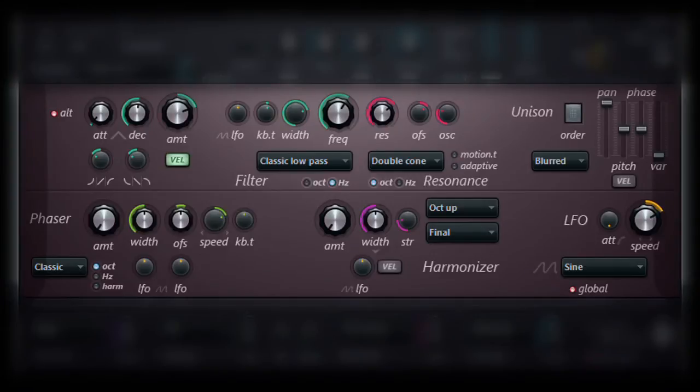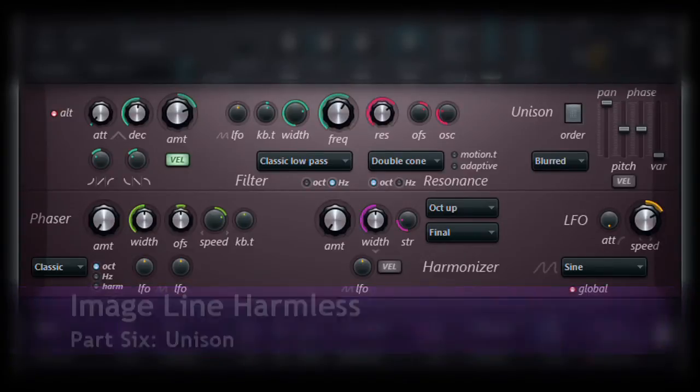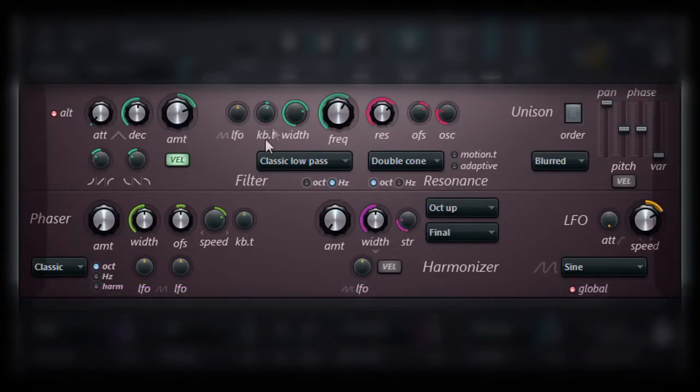So far, we have discussed how to generate sound in the timbre section, as well as to tweak those sounds using the parameters available to you also in the timbre section. We have also had a look at some of the intensive filtering options in Harmless. And in this video, we are going to look at using the Unison module to add some body to your